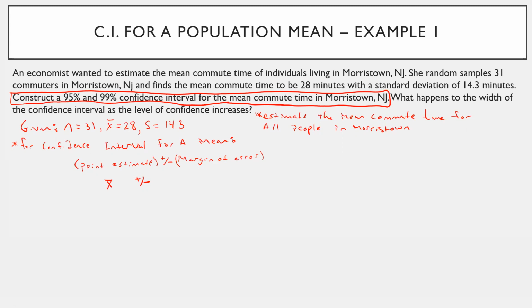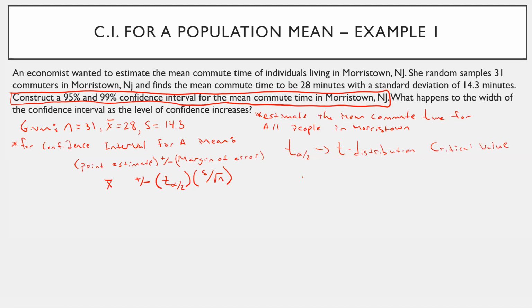real value? So the margin of error is made up of two things here, okay? You have this thing called t of alpha divided by 2 times s over the square root of n, okay? This t of alpha divided by 2 is a t distribution critical value,